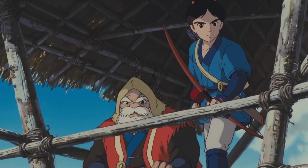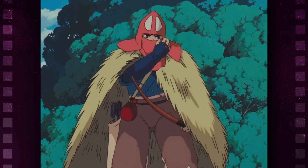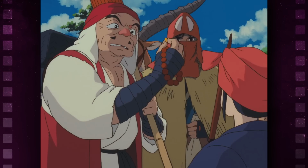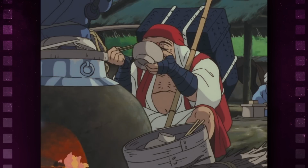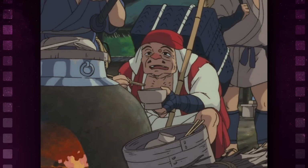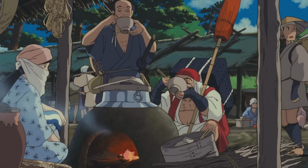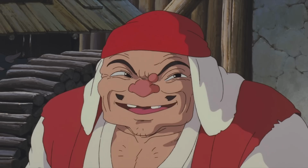as a dubbed-over movie. Gaiman knew he had to nail each of the characters' voices and stay true to their personalities. For example, Ashitaka talks in a very formal way without using any slang, while Jigo is very crude. In the original Japanese version of the film, Jigo is very rude and blunt, which is shown by him saying a bowl of soup tastes like water, a comment which may seem fairly tame to Westerners but would be hugely insulting in Japan. In the English version, Jigo instead says that the soup tastes like donkey piss, to show how